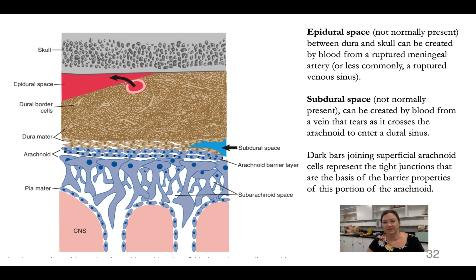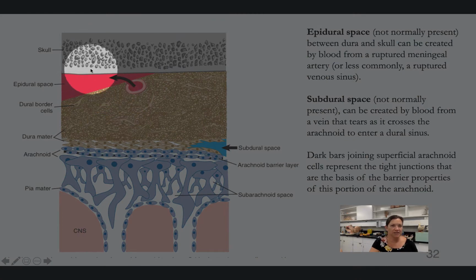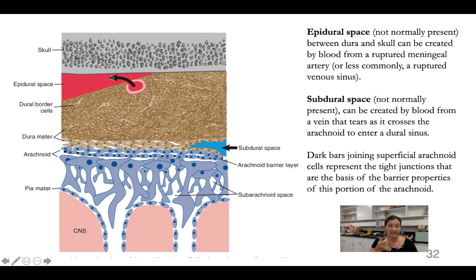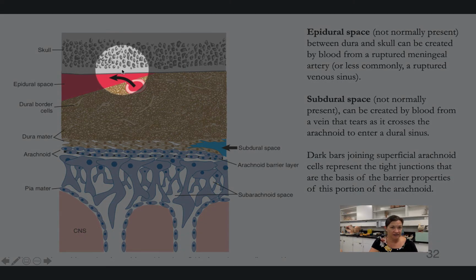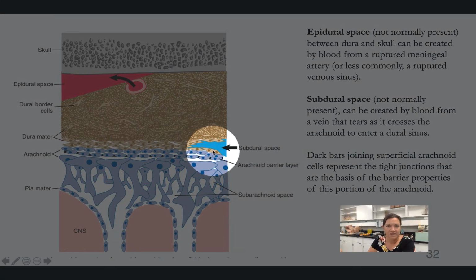All right. So far we've been talking about bleeding in the epidural space, which is a potential space between the skull and the periosteal dura. And typically it occurs secondary to a rupture of a meningeal artery. Now we're going to switch gears a bit and talk about the subdural space, which is created by a subdural